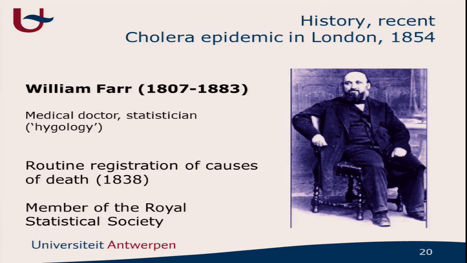John Snow is the best known example for old epidemiology, if you want. But I would say that maybe William Farr would be the better example. William Farr worked on the bills of mortality again. So this is another story of the bills of mortality. He was working there as a statistician. William Farr was also a member of the Royal Statistical Society. There was, in those days, not an epidemiological society. There was a Royal Statistical Society. So he's a very important person,